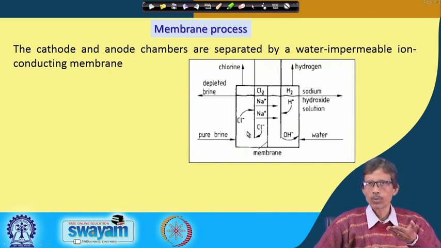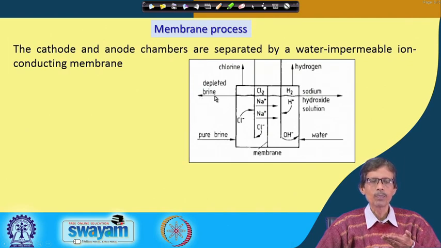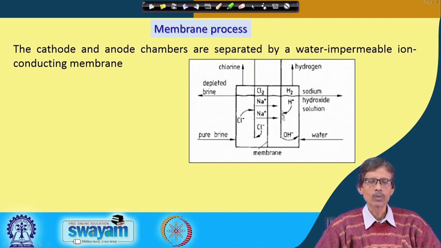The solution less concentrated in sodium chloride is the depleted brine. By that time, at the two electrodes you get chlorine and hydrogen, and through the production of hydroxide ions with water, the chamber on the right hand side is responsible for producing your sodium hydroxide, unlike the two